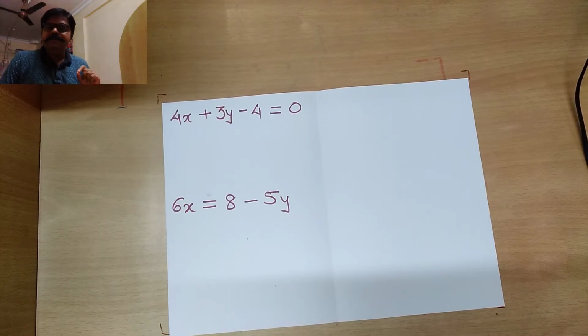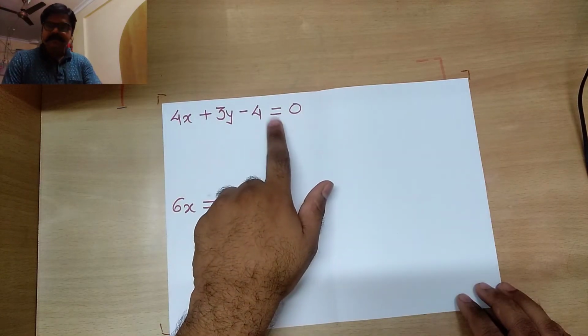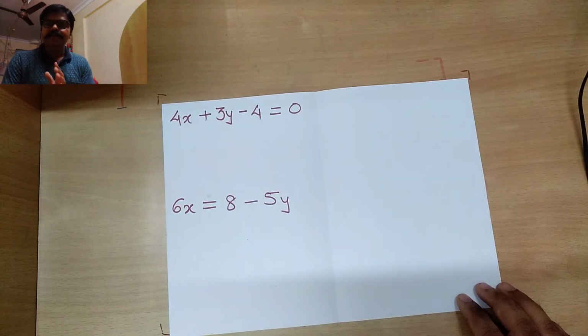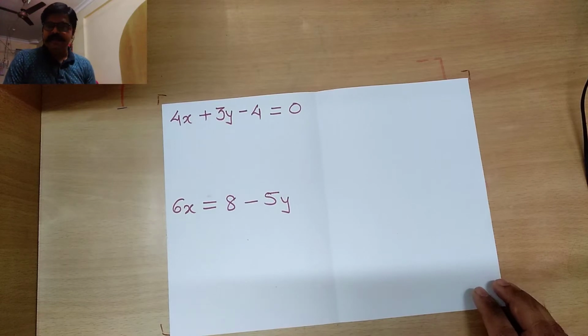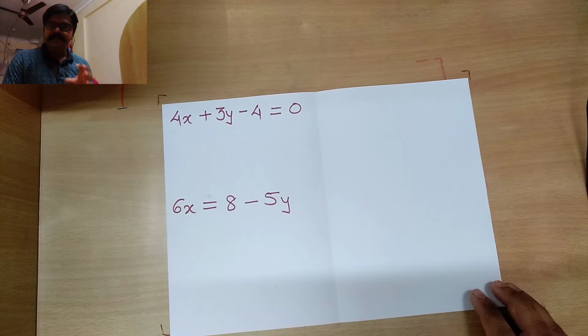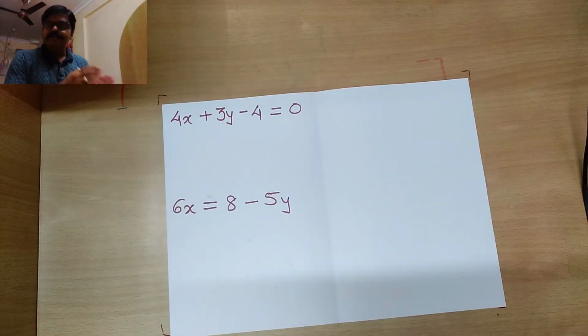Now what I mean by standard format is that, simply speaking, in standard format, after the equal to sign, that means on the right hand side of the equal to sign, there has to be some constant. Now when I say constant, there should not be any variable or any zero on the right hand side. This is what I mean by standard format. So the first step we are going to do over here is that we are going to move these constants on the right hand side.